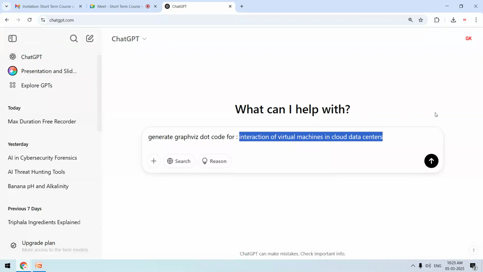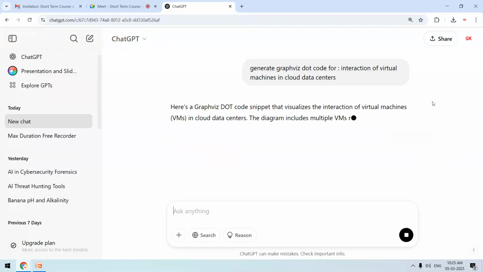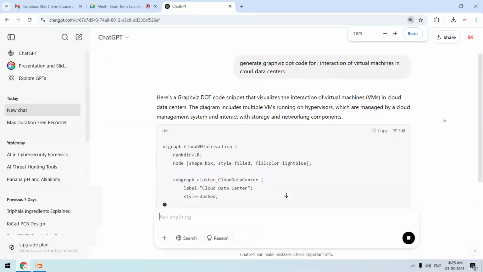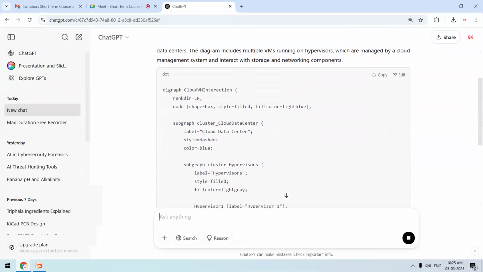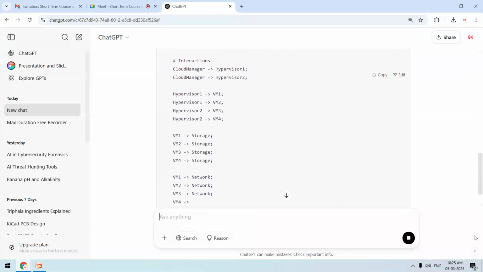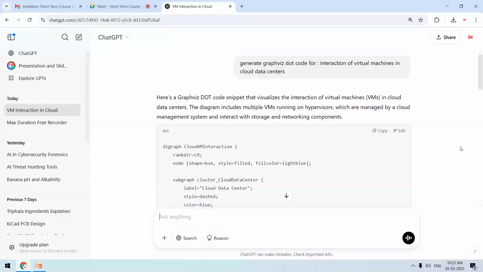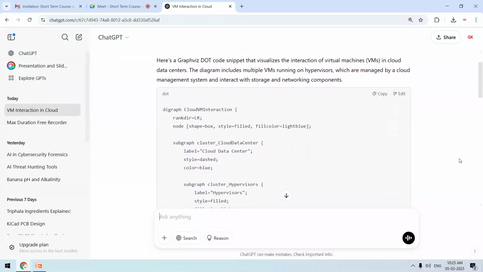I am not asking ChatGPT to generate the image. I am asking ChatGPT to generate Graphviz code. So enter, it will generate the code. So you can see that it is generating the graph, this particular script. And in this way I can generate thousands of images for my presentation, for my lecture notes, for my study